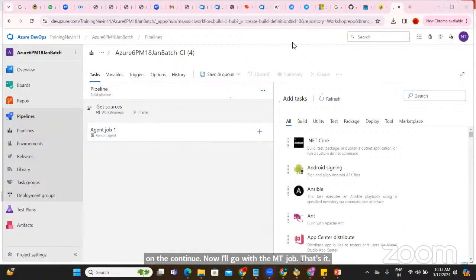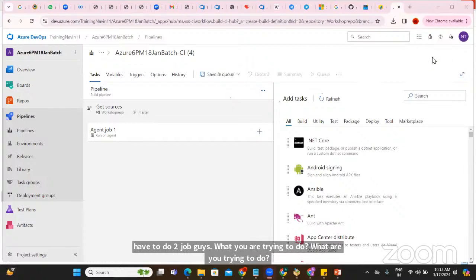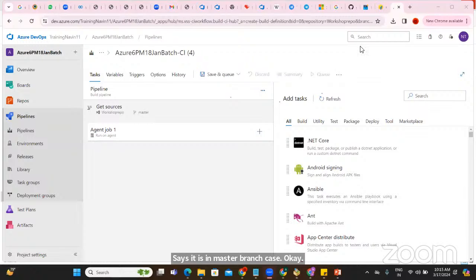That's it. You have to do two jobs, guys. What are you trying to do? It is in the master branch, guys. You have the code ready in the repo, right? Yes, we have cloned the project. You are right. We are trying to move the code from your local to the repo, which we did now.